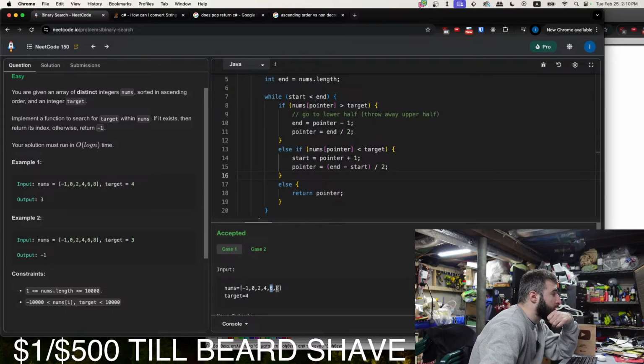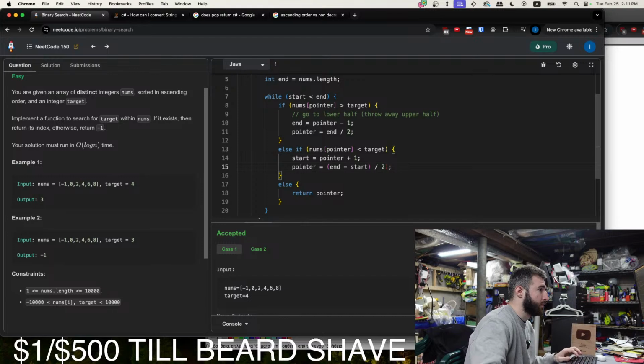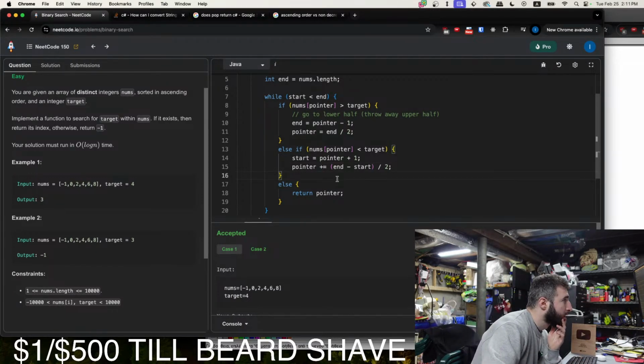So what is this? 8 minus 2. I mean, no, 8 minus 6. No, what am I saying? 0, 1, 2, 3, 4. So 5 minus 4 is 1. Divided by 2 is 0.5, which is 0. I think this needs to be plus pointer. Plus equals, all right.